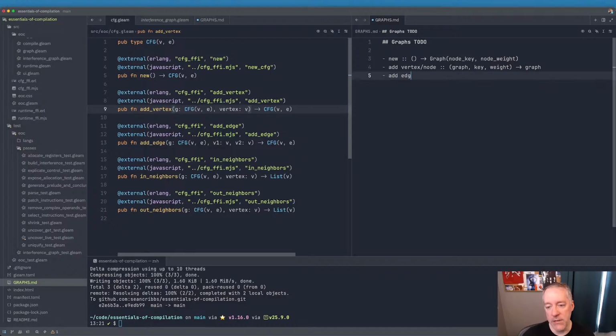Okay, we need to add an edge. It's going to take a graph, and it's going to take a from key and a to key. Since we have no edge values, edge labels, that's all it needs to do. Okay, and then these are related to how the edges are managed. In neighbors, basically, other graphs call it predecessors. So we'll call it inbound neighbors or predecessors, right? So if the graph is directional, then